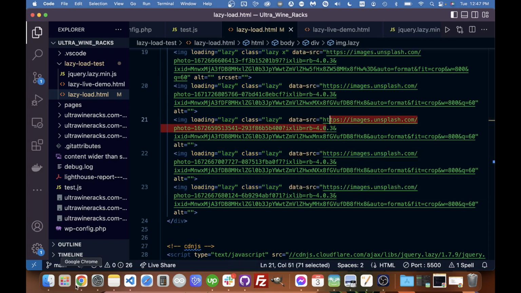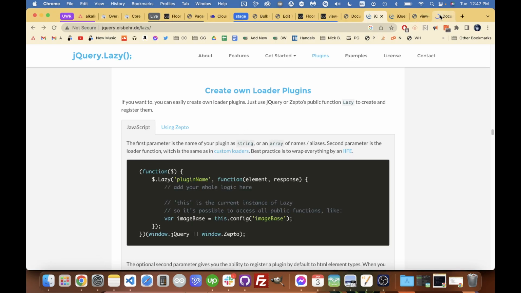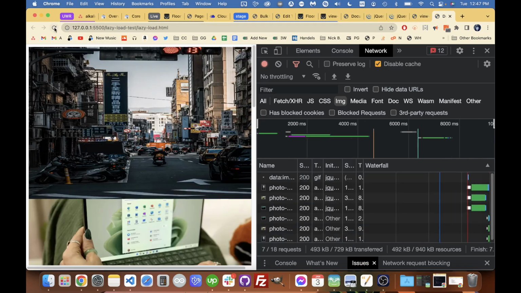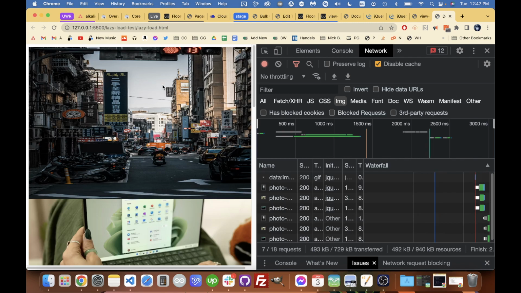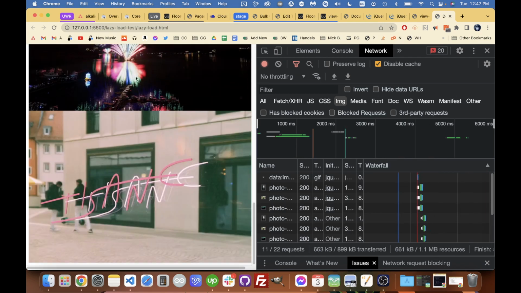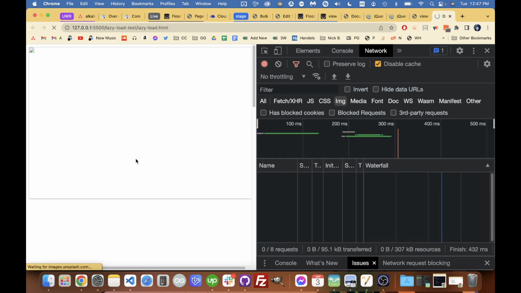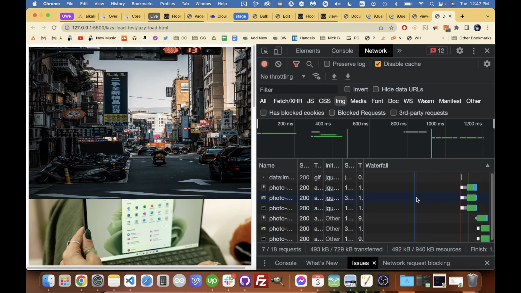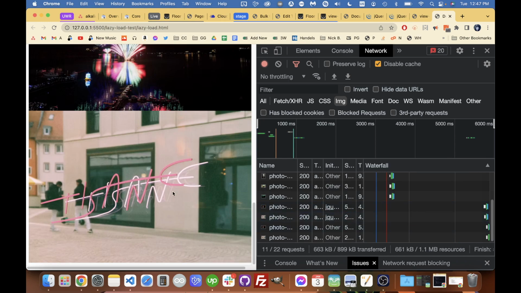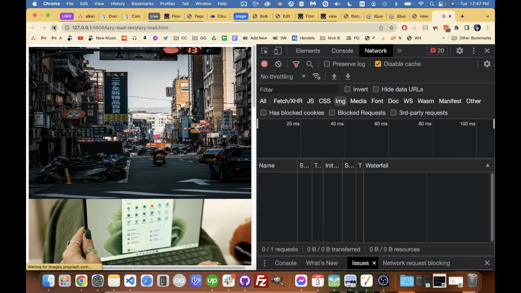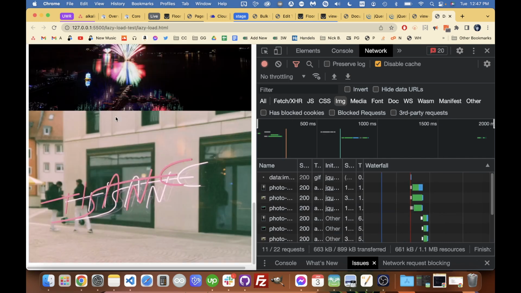I'll show you the example that I'm running here. We have this live loader here. You can see that when I'm scrolling down, the images are lazy loading. You can tell by looking at the network tab here, we're going to have more things show up as I scroll down. But you can also see that by the fact that they're just loading when I'm scrolling down, if you can see that. But anyway,